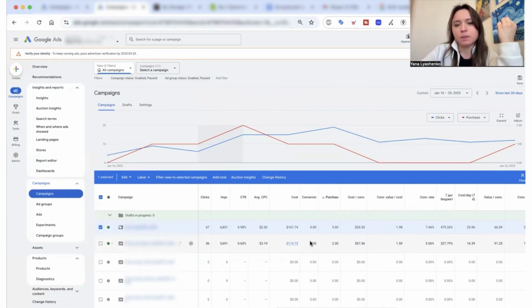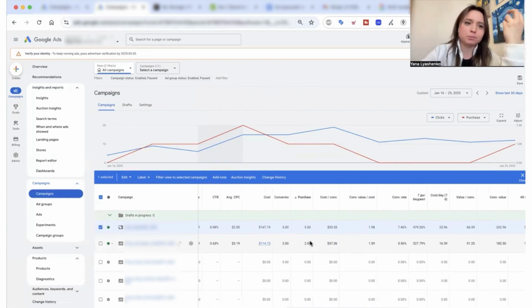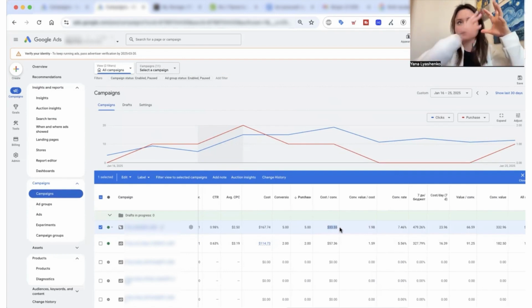Here's an example of working with small budgets. There were only a few ad campaigns running. We had a very limited product selection, just up to 5 items in each feed. So that's how it was. Is it possible to optimize this and bring the cost per conversion down to under $15? Yes, it is. It just took some time to gather steady traffic and train the AI in these ad campaigns to achieve lower costs.